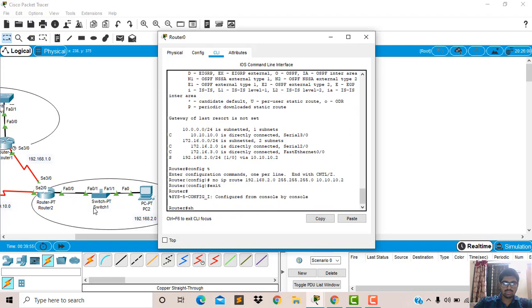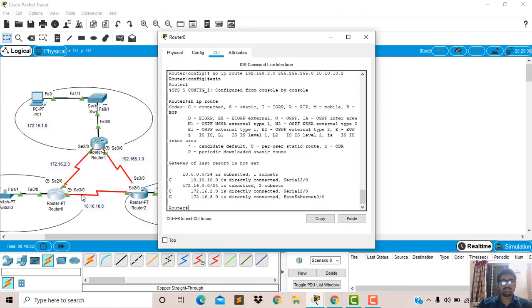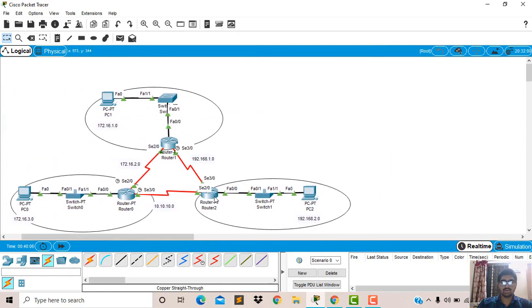Now we will see that the path is cancelled. Now we can see that there is no path between router 0 and router 2. Now we will do the same in router 2 also.